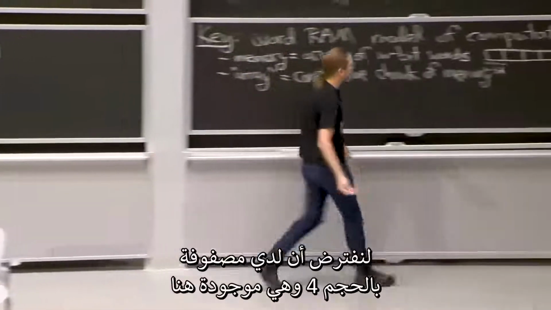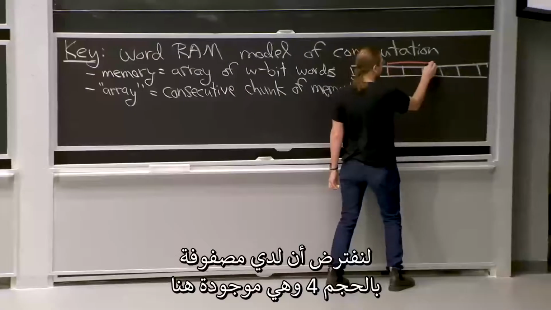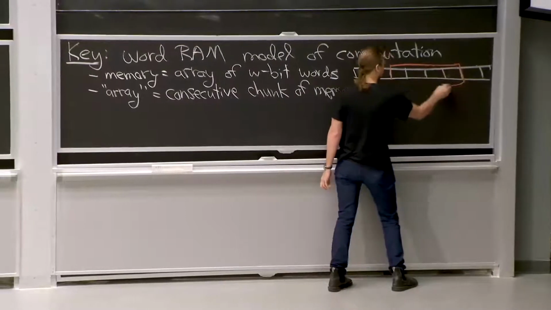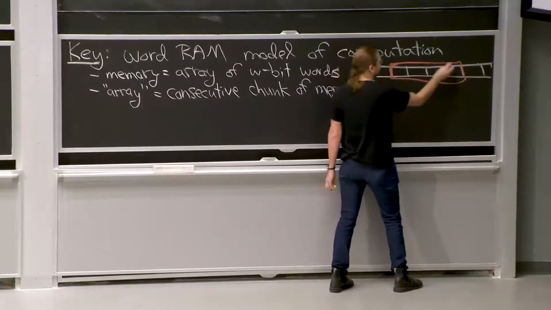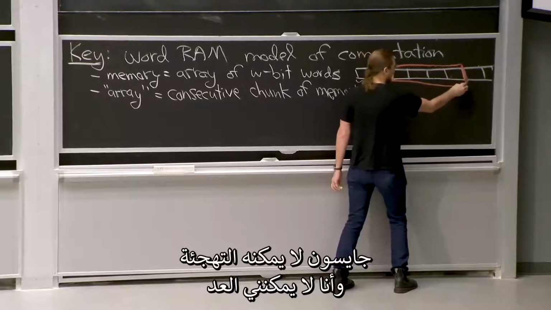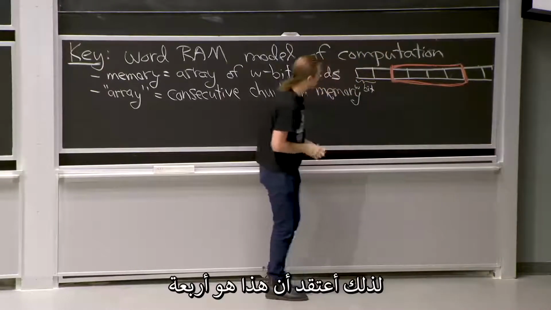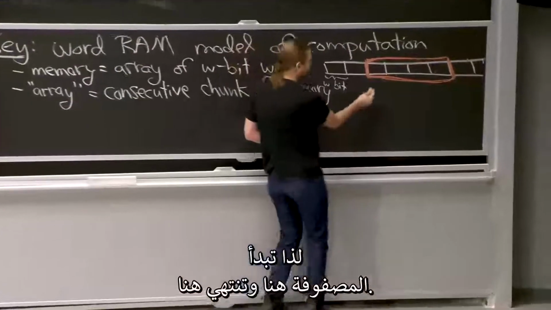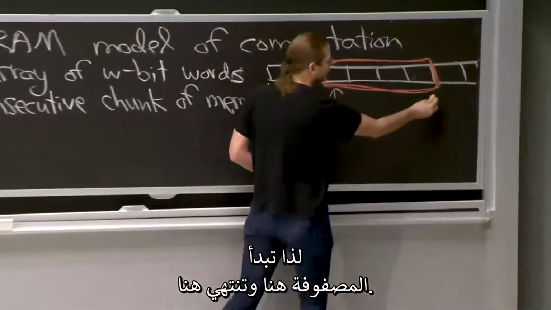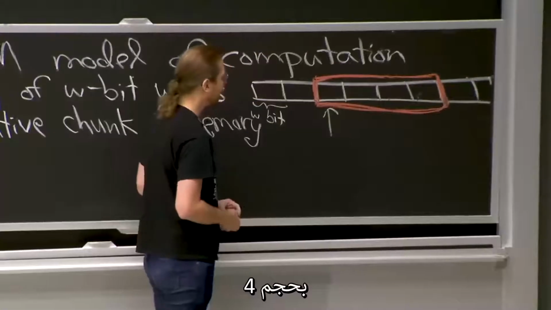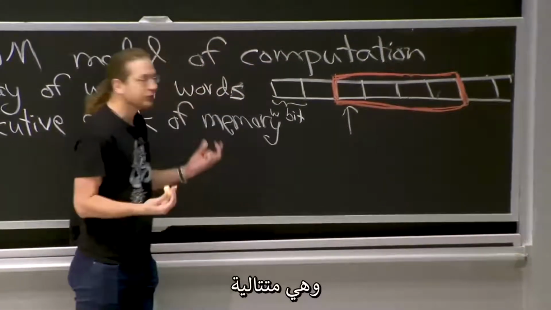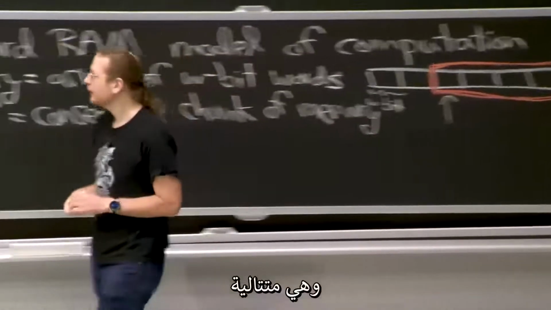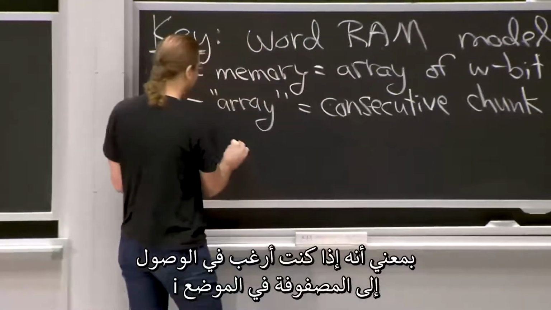So let's say I have an array of size 4, and it lives here. Jason can't spell, but I can't count, so I think that's 4. We've got, so the array starts here, and it ends over here. It's of size 4. And it's consecutive, which means if I want to access the